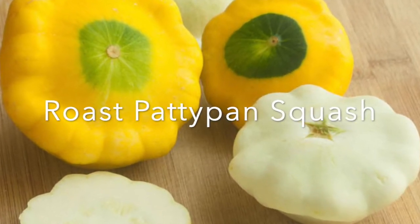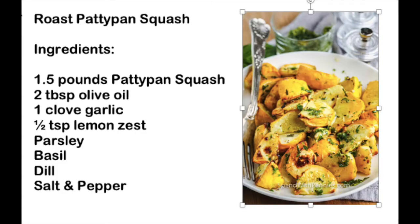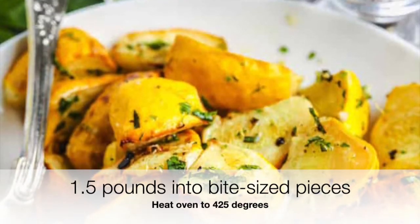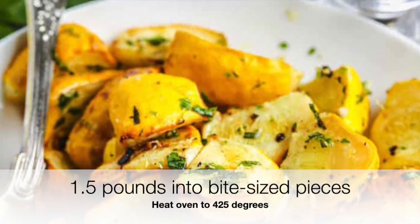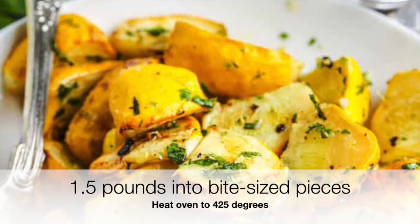What I have next are 2 great recipes for pattypan squash. The first one is a roasted pattypan squash, and this recipe comes from spendwithpennies.com. The first thing that you want to do is to heat your oven to 425 degrees Fahrenheit and cut